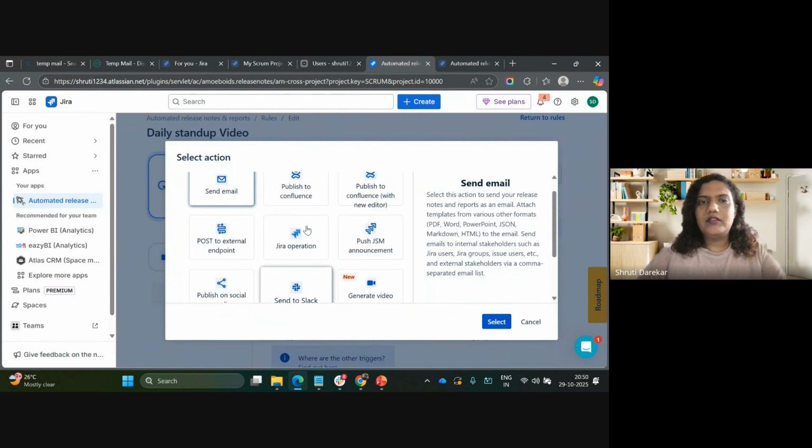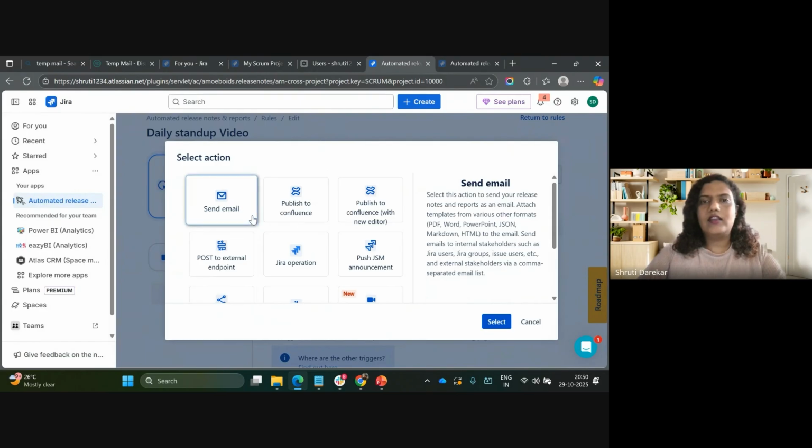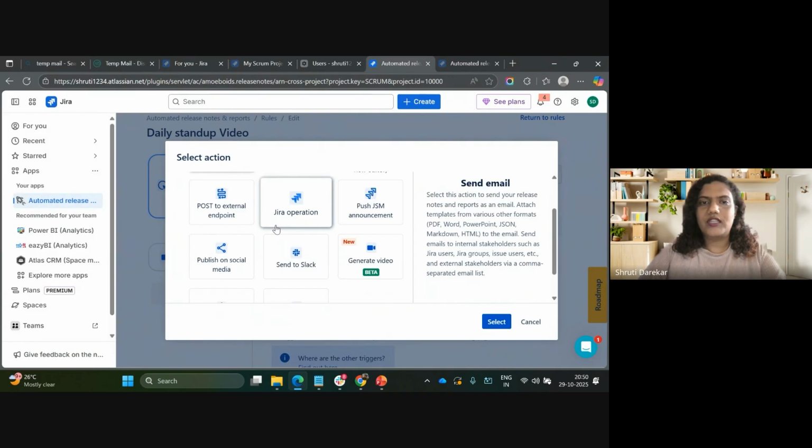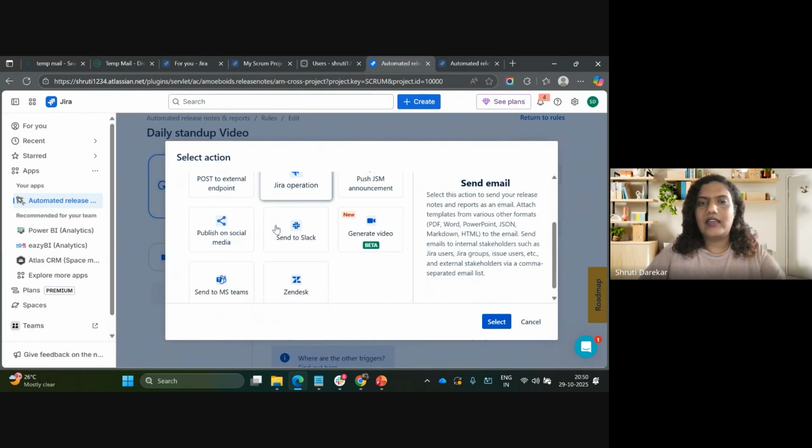There are multiple rule actions because via ARNR you can even send an email, automatic emails, automatically publish reports to Confluence, external endpoints. There's Jira operation, JSM announcement, social media, Slack, MS Teams, and so on. Our focus right now is on generate video, so we'll directly skip and create a video action.